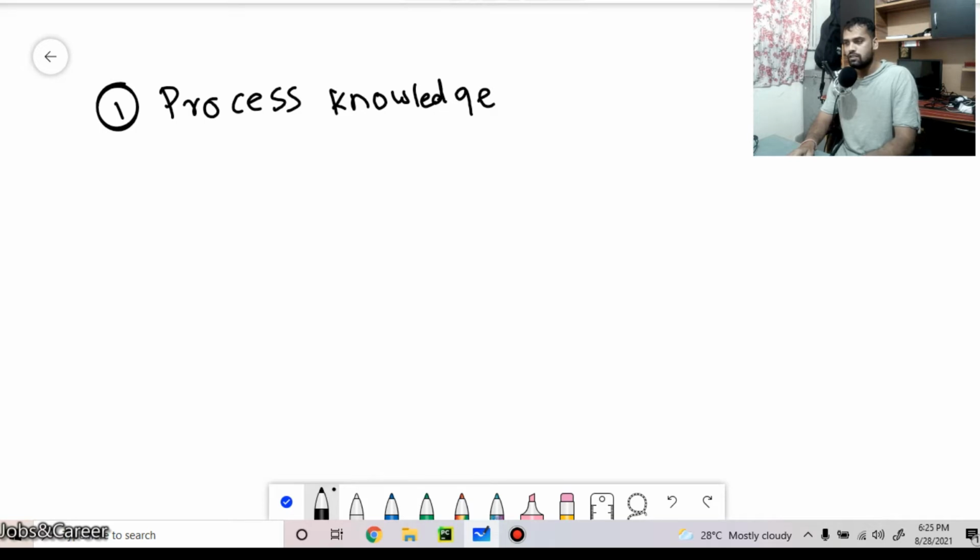Process knowledge is nothing but whatever your current work experience is, and whatever you're learning out of your current work experience will be a good add-on as process knowledge. You have some background of your current work experience. You know how things work in any job.